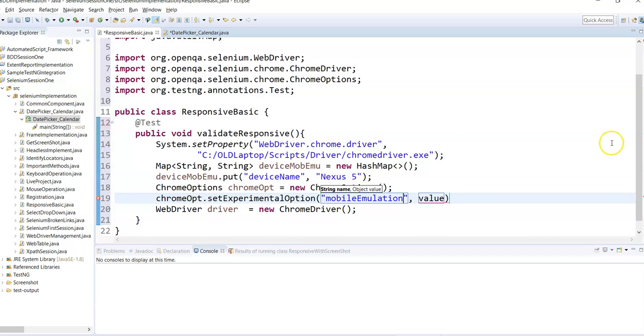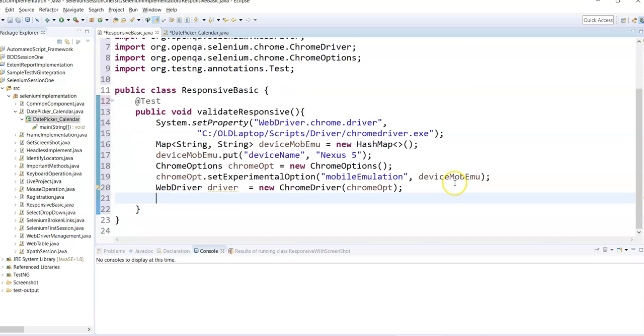And what is the value that I wanted to pass? I wanted to pass the value which is already held by my map or hash map. I can simply set that. And now this Chrome options will be an input to my constructor of Chrome driver. Okay, and now I can simply write here driver dot get,